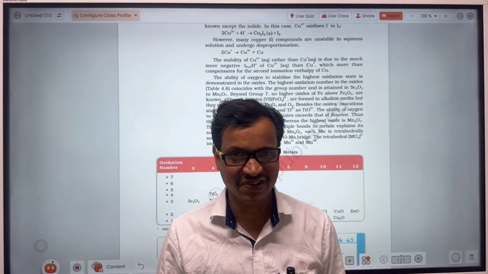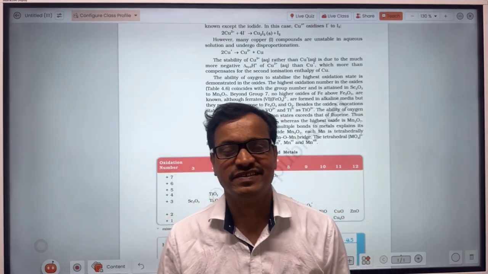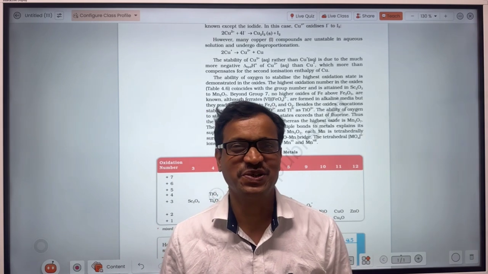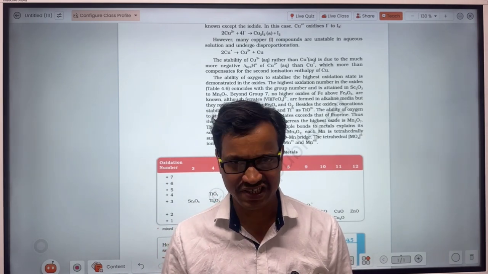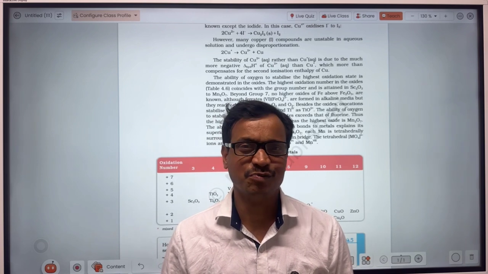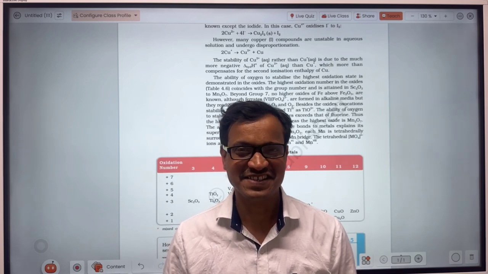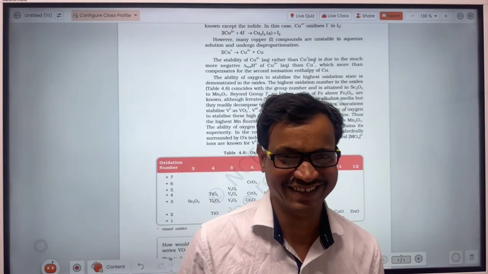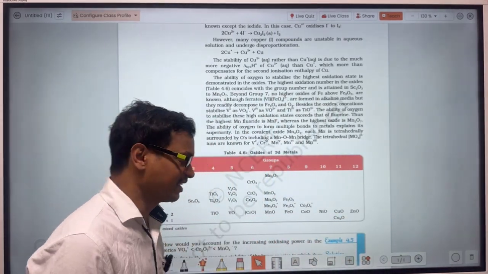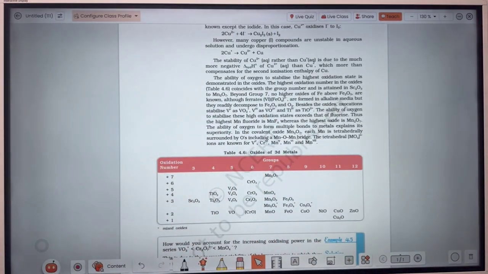With fluorine also, fluorine is more electronegative than oxygen, even though the transition metals show greater oxidation number when they combine with oxygen instead of fluorine. Why? What's the reason here? Fluorine is the most electronegative, and oxygen is the second most electronegative. But